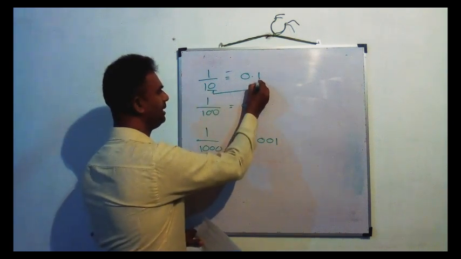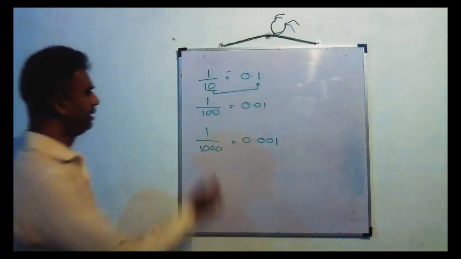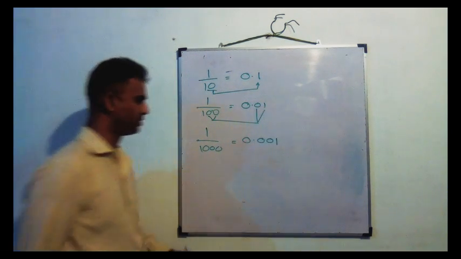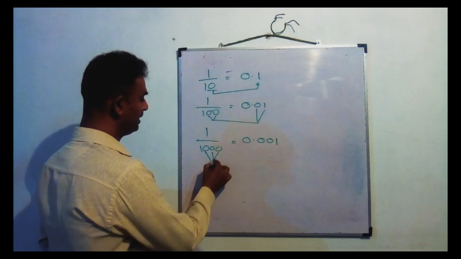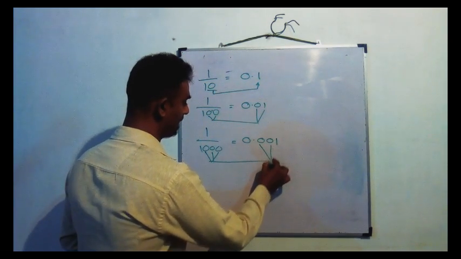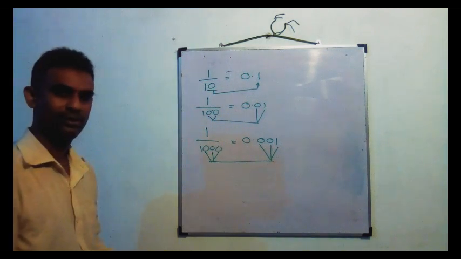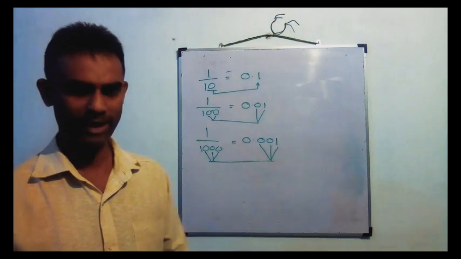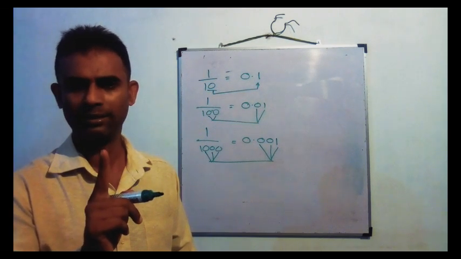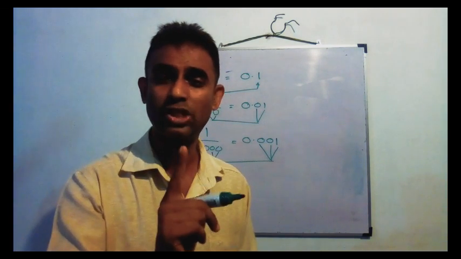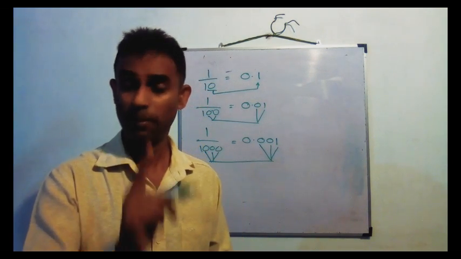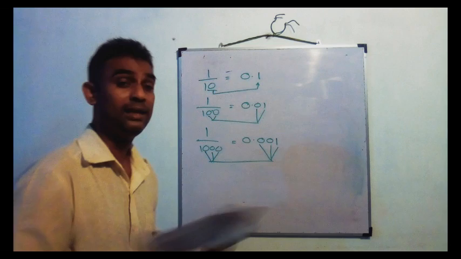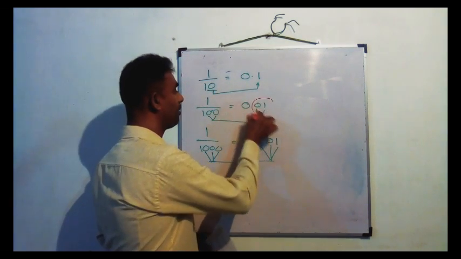See here, in 1 over 10 there is 1 zero, as well as it has 1 decimal place. This has 2 zeros, this has 2 decimal places. This has 3 zeros, as well as it has 3 decimal places. That is the relationship between fraction and decimal. Now you want to understand that if it is a 2 decimal place decimal value,